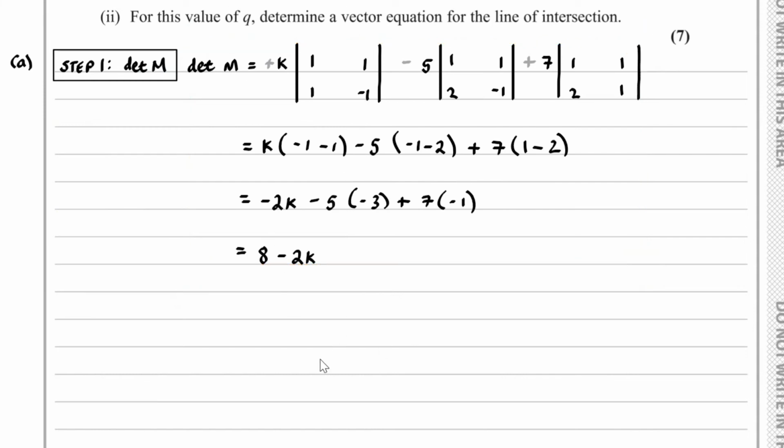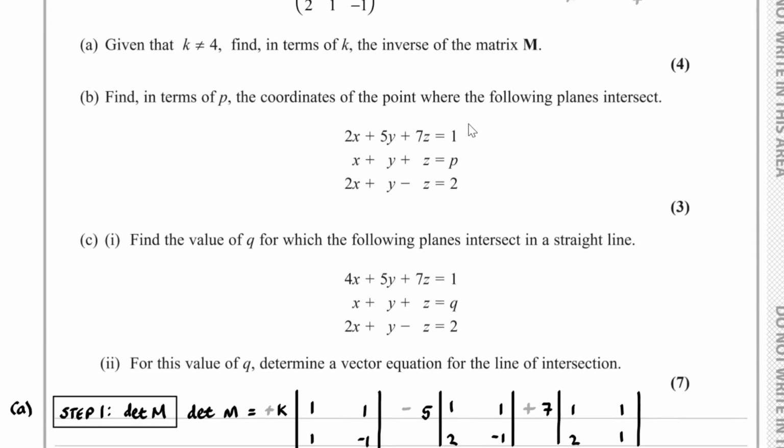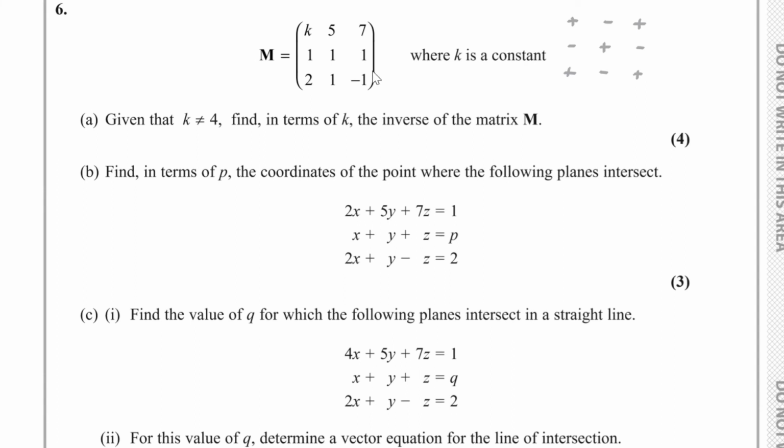So for our second step, we will find the matrix of the minors. Okay, so let's just box this. To find the matrix of the minors, we're obviously going to have 9 elements, and